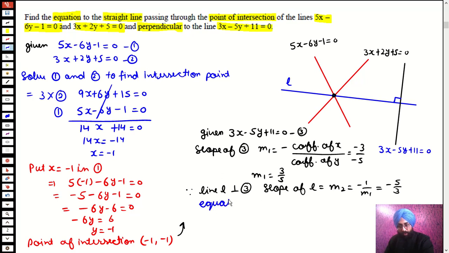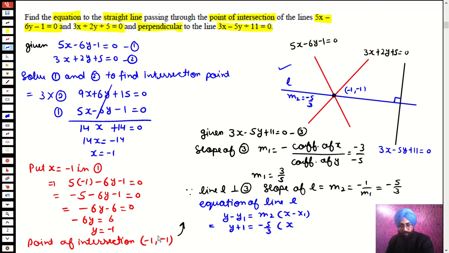So the equation of line L, this line. We needed one point, we got it, (-1, -1). We needed the slope of it, we got it, -5/3. So the answer comes out using this formula: y minus y1 equals m2 times x minus x1. So y minus y1, y1 is this, plus 1, m2 is -5/3, x minus x1, x1 is this coordinate, plus 1. So cross multiply, this will be 3y plus 3 equals minus 5x